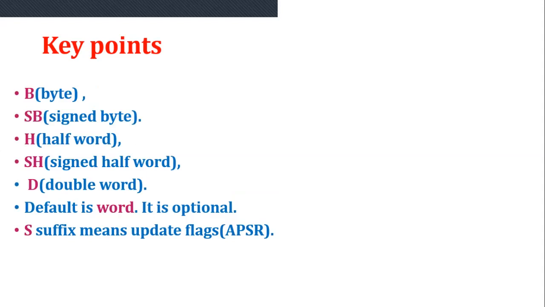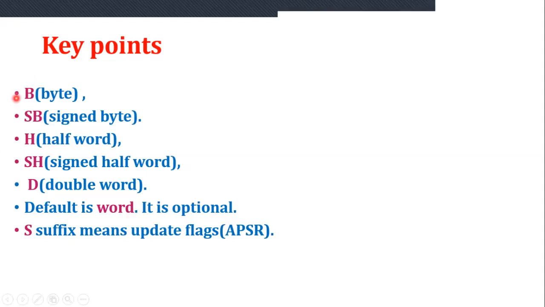Before going to any instructions, I'm going to use some keywords, sometimes as a suffix, in my programs. First, you should know the meaning of B, SB, H, SH, T, and so on.